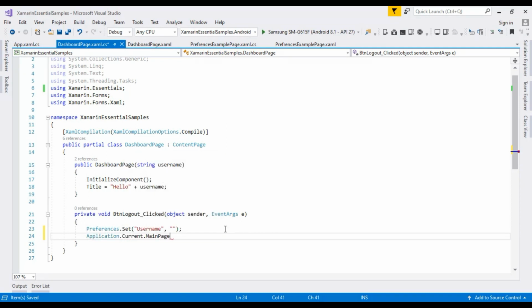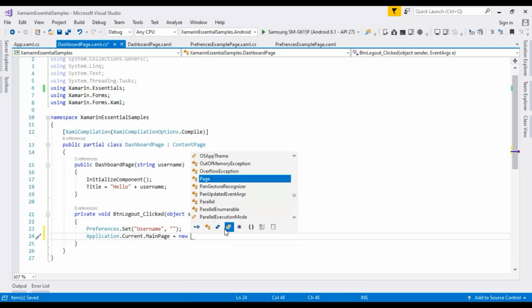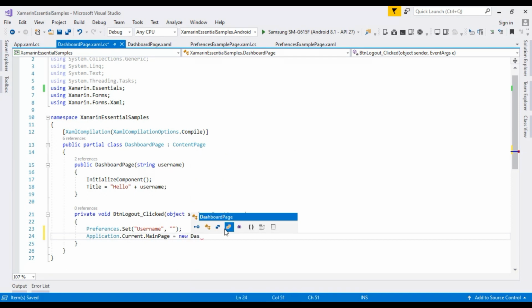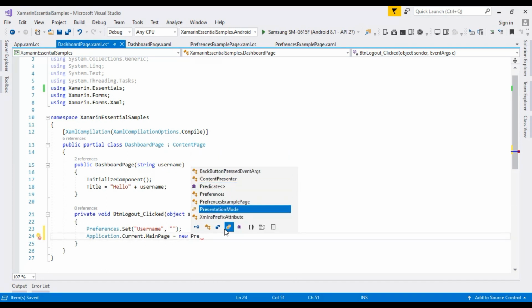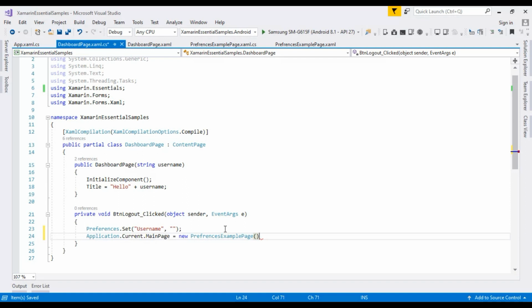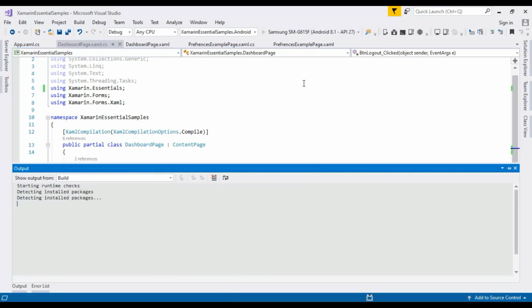So here we are using Application.Current.MainPage equals new PreferencesExamplePage. That's it.